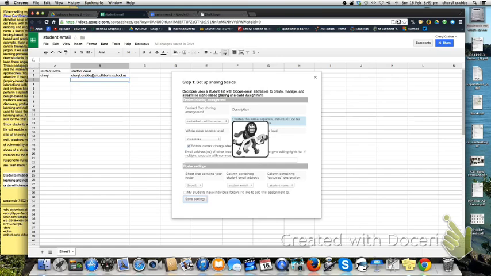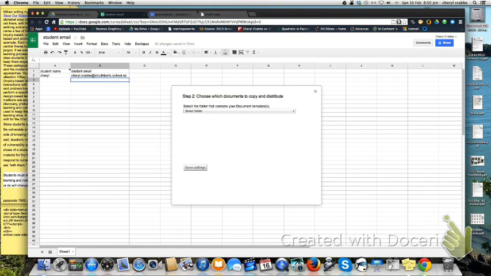This is just Doctopus doing what you're asking it to do. It sometimes takes a bit of time. And that is the sharing for that document. I'm hoping that it's going to do this reasonably quickly. So it's done that. Now it's given me a new window called Step 2, choose which documents to copy and